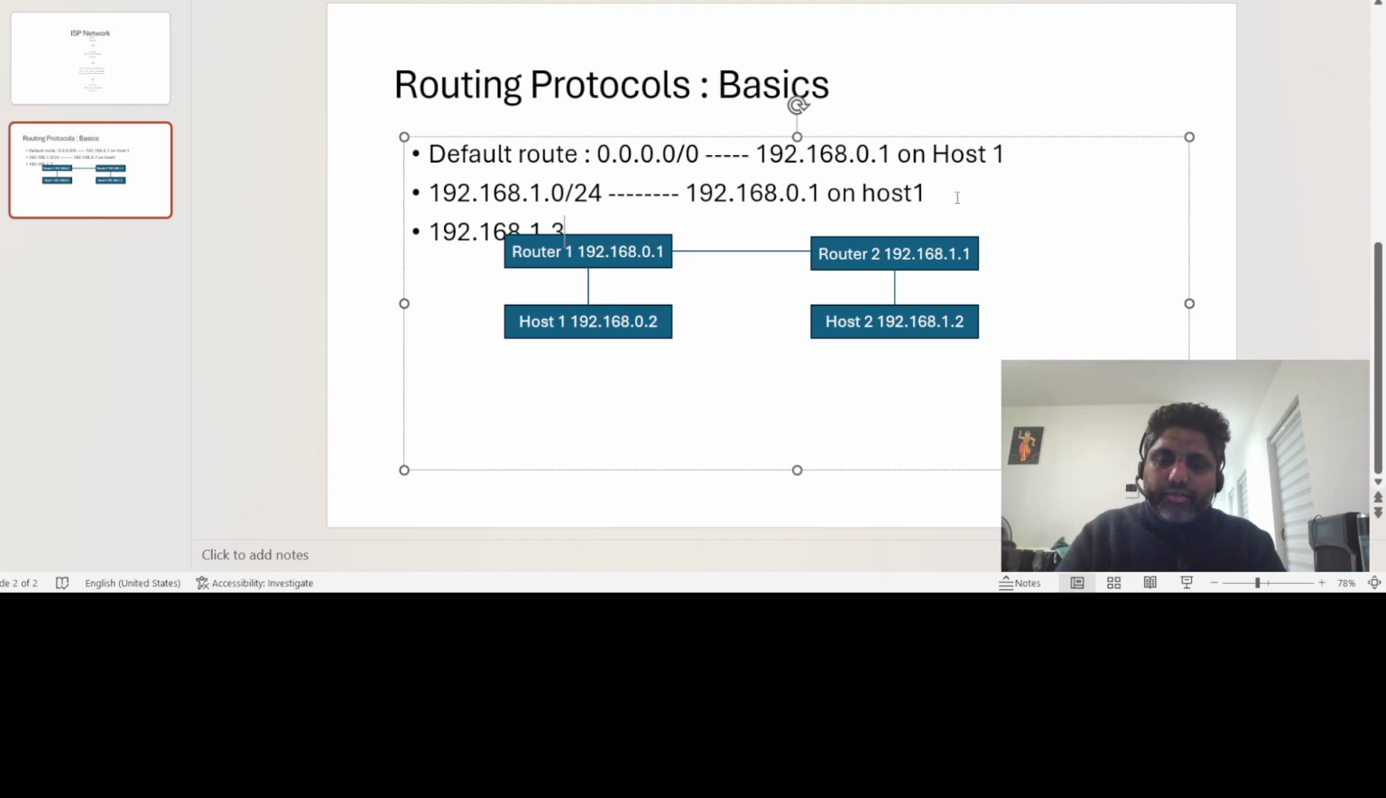Okay, so this interface has one IP address, 192.168.1.3, and this address is 192.168.1.1. Now